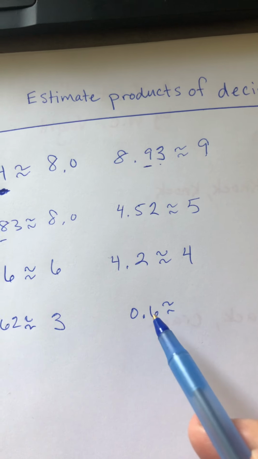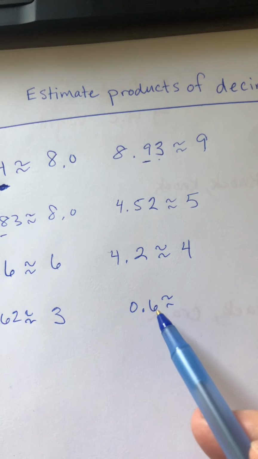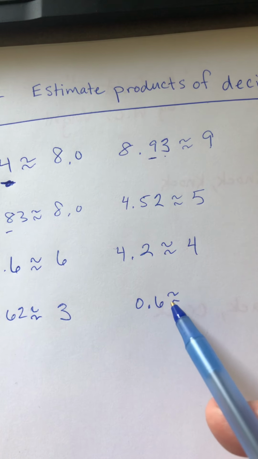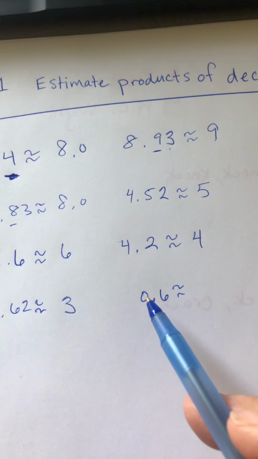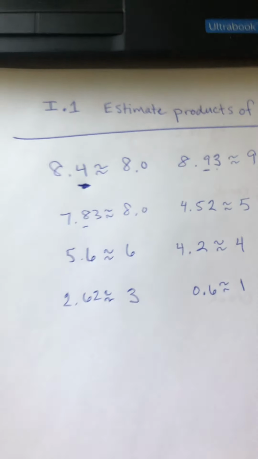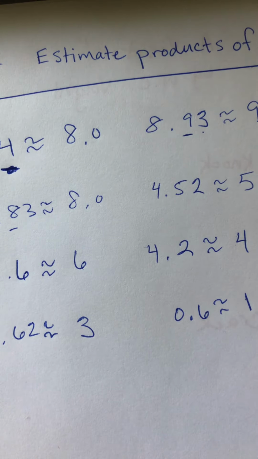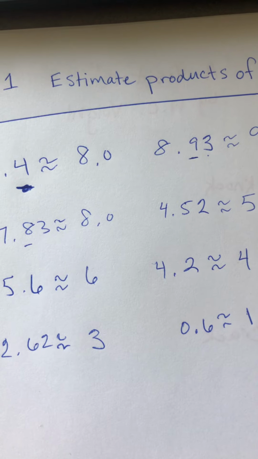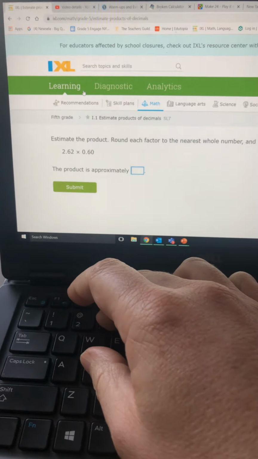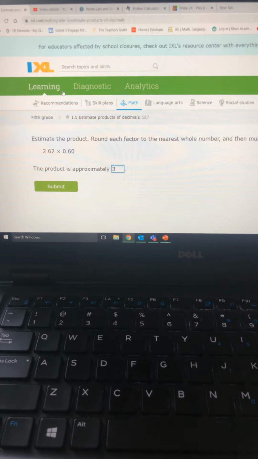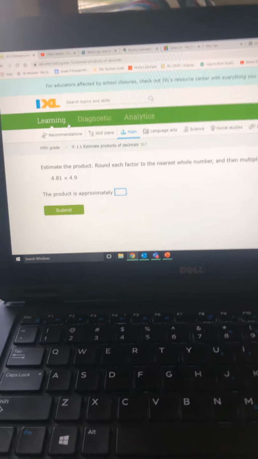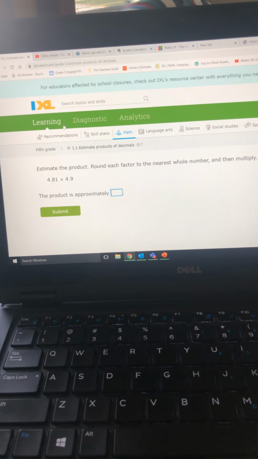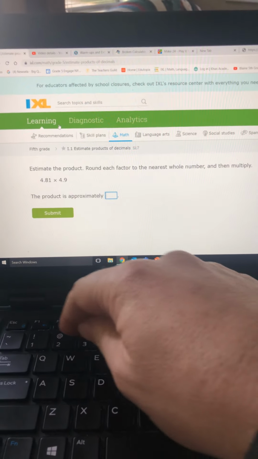0.6, again, that's almost like 60, right? If you imagine there's a 0 in the hundredths place, that's 60 out of 100. That would round up to 1 whole. Okay, then 3 times 1 equals 3. Okay, we'll enter our answer here. Did we get it? Yay. Okay. Now, I know that there's a couple that